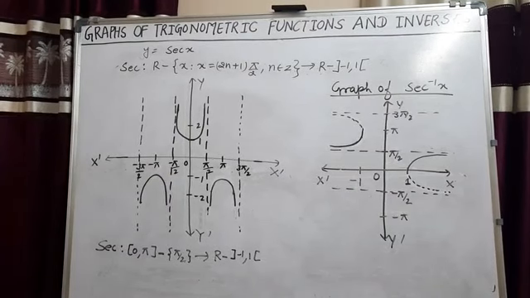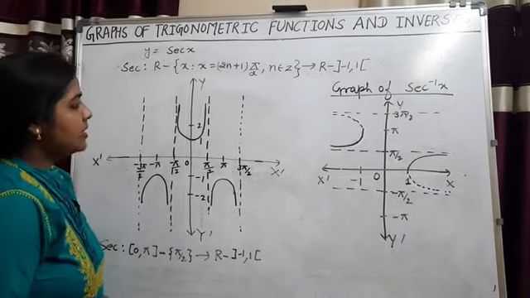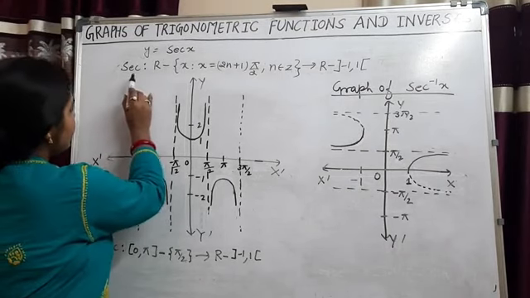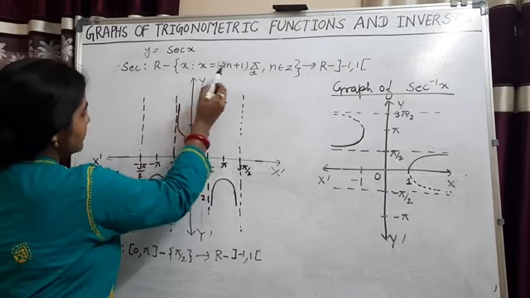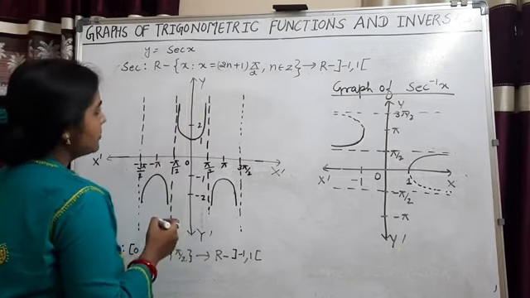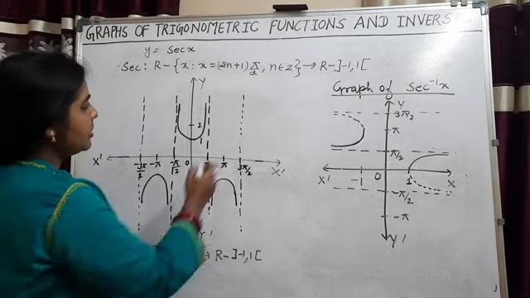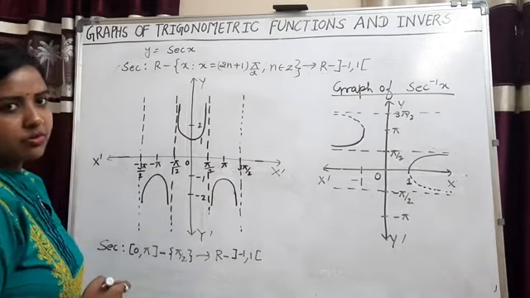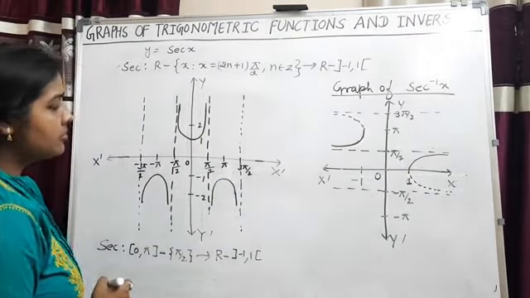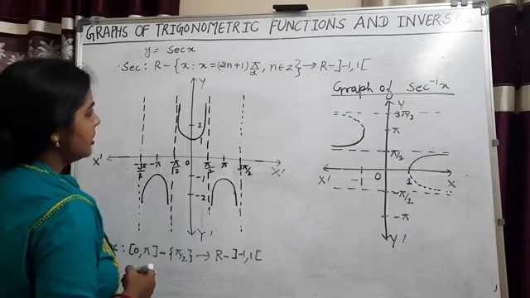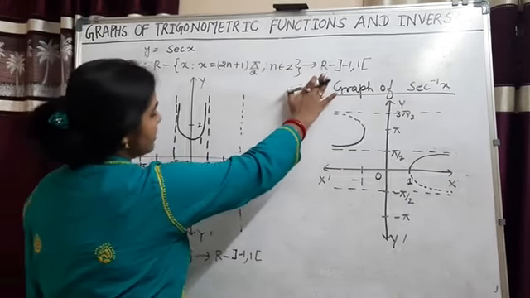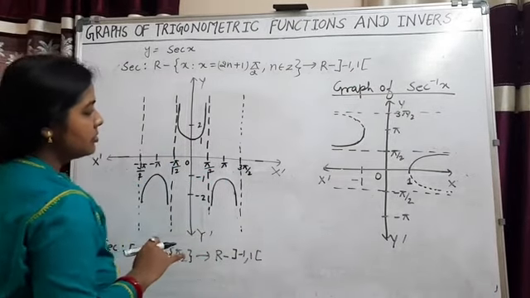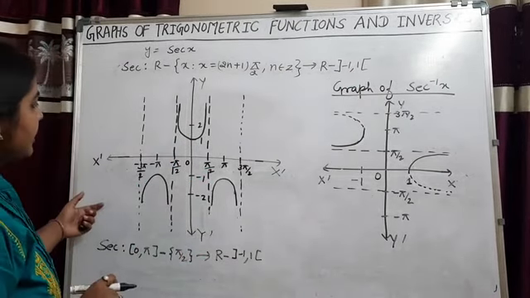Now we will discuss the graph of sec x and the graph of sec inverse x. For the graph of sec x, here I have written sec such that all real numbers except 2n plus 1 pi by 2, because whenever we take an odd multiple of pi by 2, sec will always be infinity. Means in sec pi by 2, sec 3 pi by 2, sec 5 pi by 2, sec will be infinity. So the range of sec x will be all real numbers except the open interval minus 1 to 1. So the graph of sec x is like that.